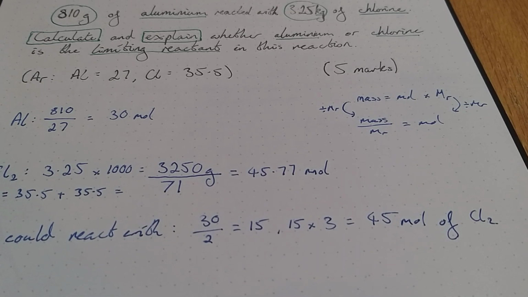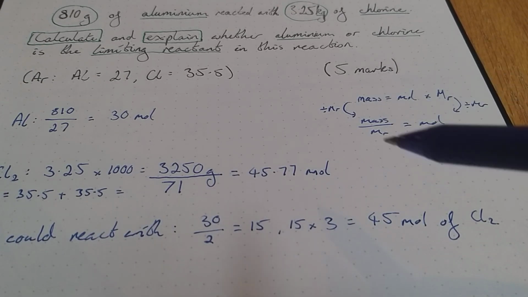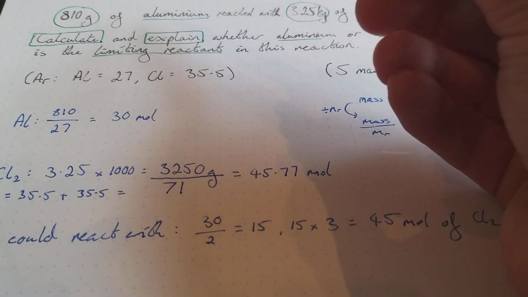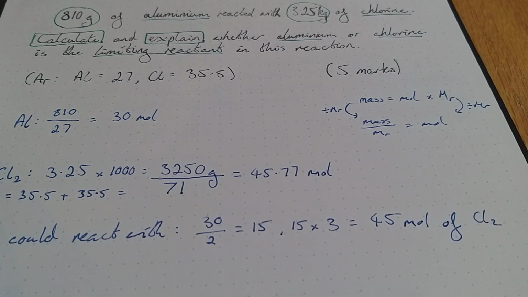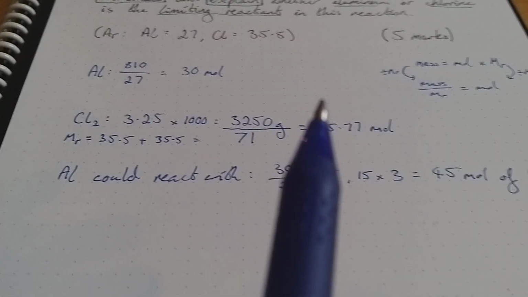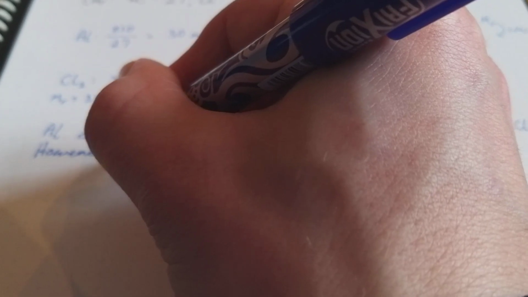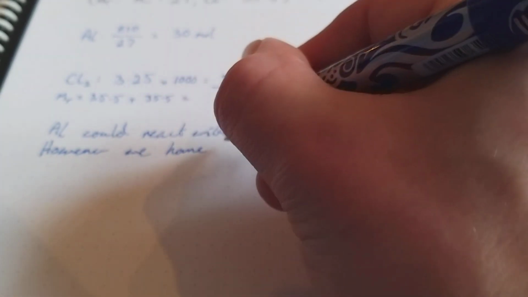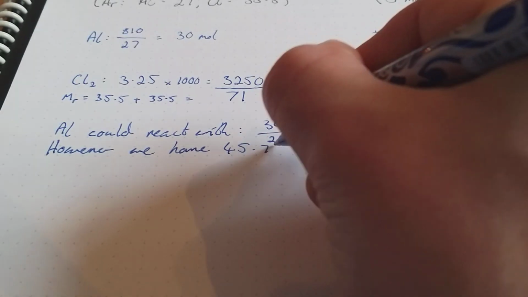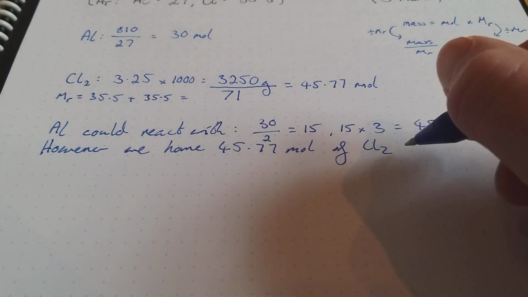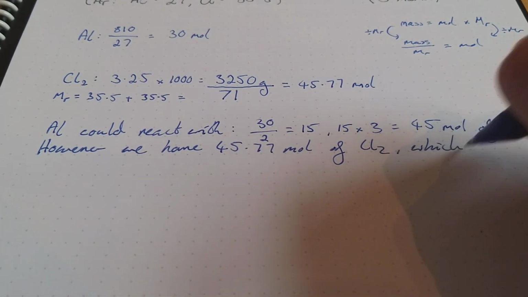And your final step is to compare that to how many moles of chlorine we actually have. Okay, and here's where the explanation comes in, because we need to explain which is the limiting reactant. Okay, so my second part of my sentence will be something like, however, we have 45.77 moles of chlorine, which shows,